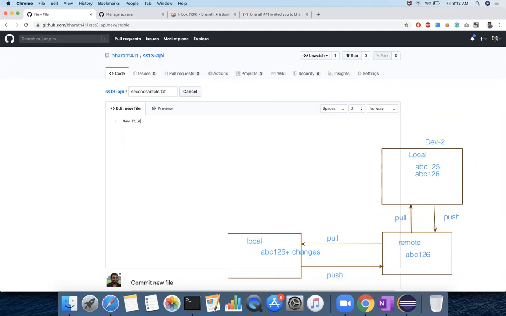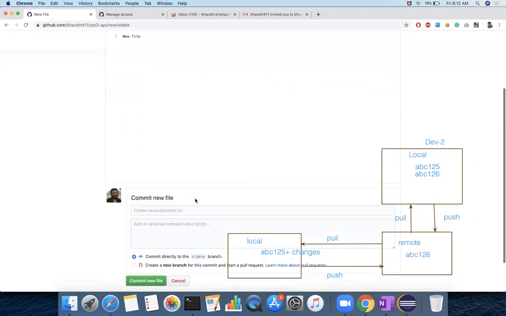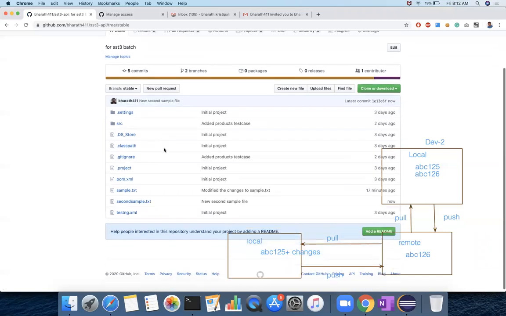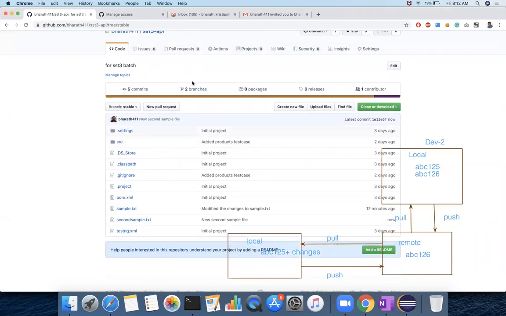I'm working on simple files, not related to code changes, so that you will understand. New second sample file. This is developer 2 making the changes. Commit new file. So here it is being added.